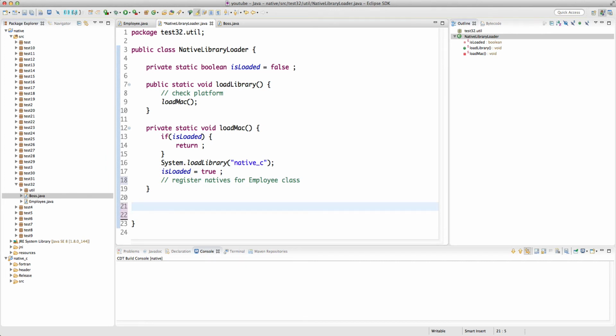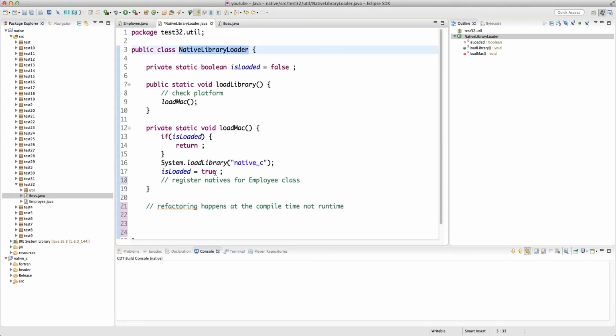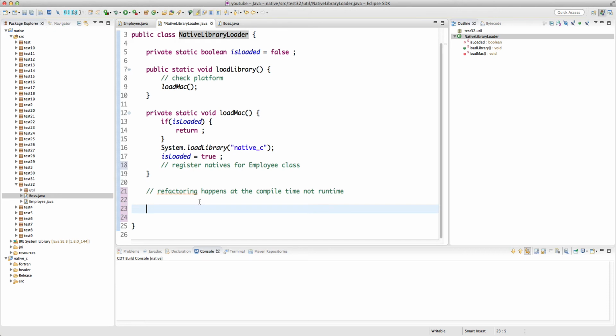So the idea here is that we have to signal some information to the C++, that the signature of the class, the package name, or the name of the class has changed. And remember, refactoring happens at compile time, not runtime. And the C++ binding to the native method happens at runtime when we load the dynamic library. So we have to signal something to the C++ that something has changed about the description of this class